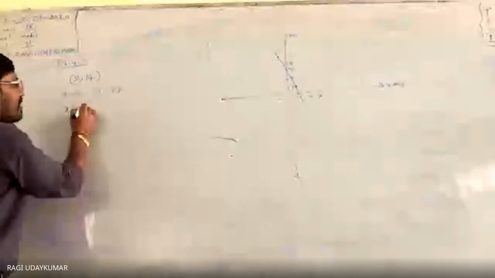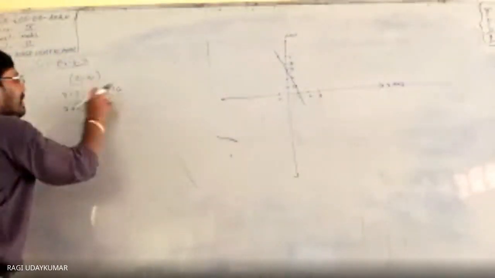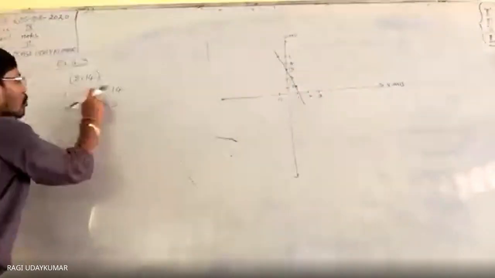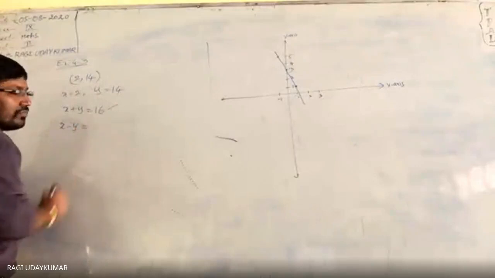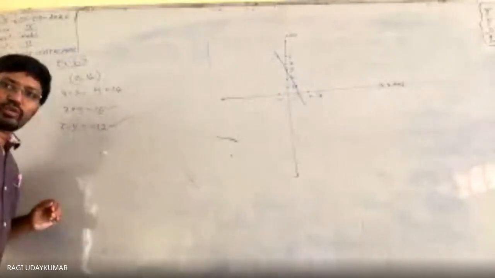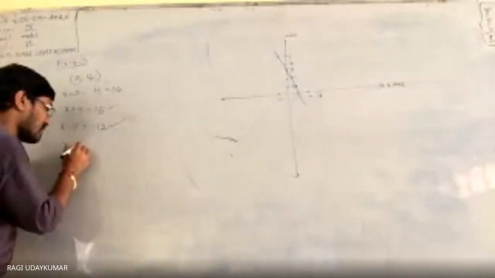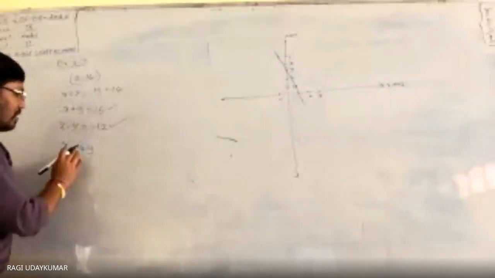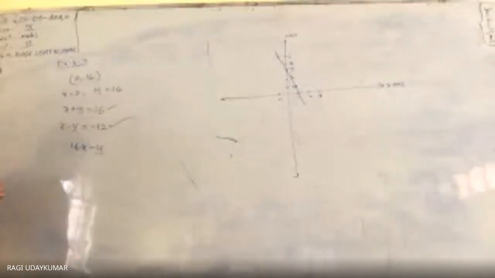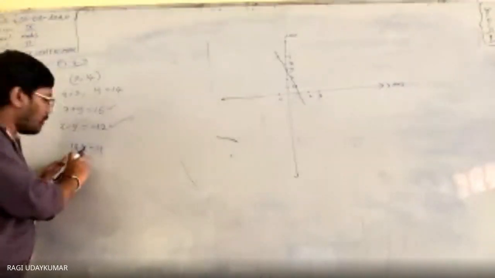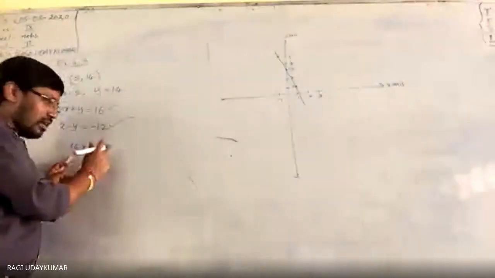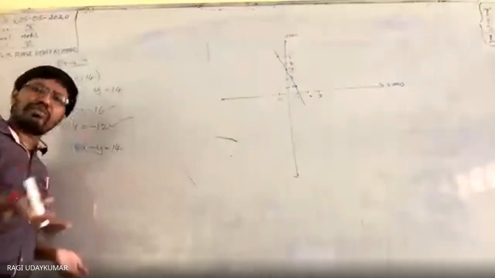x plus y is equal to 16. दोनों को ऐड कर लिया, 16 आ गया. ये इक्वेशन हो गया एक. दोनों को सब्ट्रैक्ट कर लिया. कितना है x minus y? -12. ये भी another इक्वेशन हो गया. मैं x minus 14y ले लेती. ओके, 14x minus y ले ली. ये ली 14 into 2, 28. 28 minus 14, 14 होगा. Another इक्वेशन. आप कुछ भी ले लो.